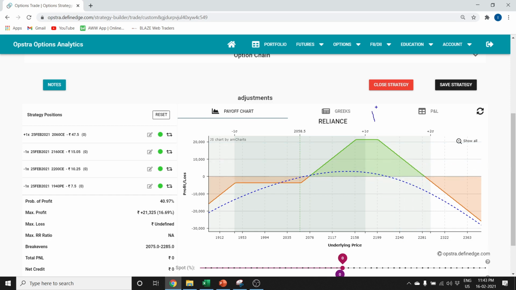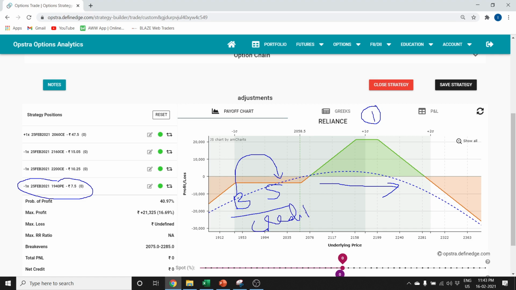So now the first adjustment we do is cost reduction, or get extra credit adjustment. In that, if the market is moving upside, whatever extra put sell we have, which is around this strike, we can move it up. That can be done by buying this sold leg and selling a higher strike put here, thereby we get some extra credit. The purpose of doing this is to have some extra profit, or maybe have funds to use for future adjustments.